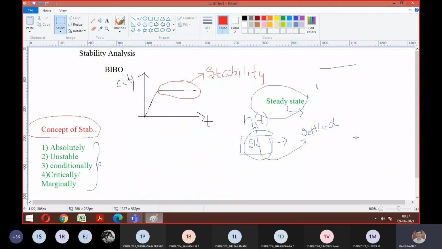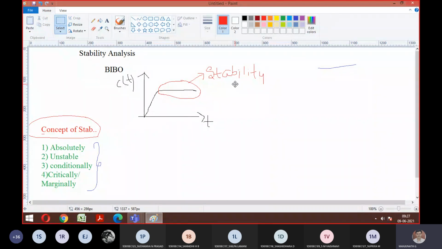Stable you got. So it is the settled time we just now understood. Absolutely means what? Completely. Completely means whatever time you vary, whatever force you apply to any system, there won't be any change in the parameters. There won't be any disturbances with respect to my output. That is the meaning of absolutely stable. Is that okay, guys? Is it okay? Yes, sir. Yeah. So just make a note.